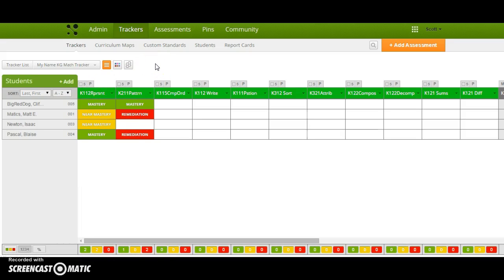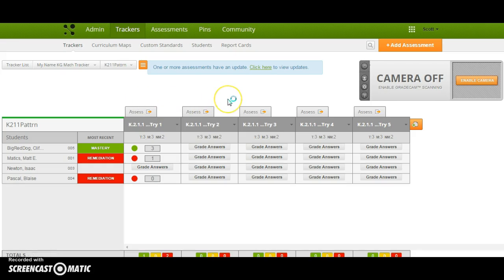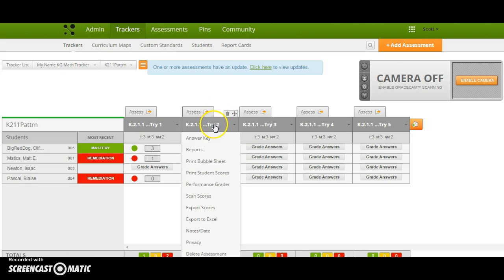And you can see that we have to do some reassessment and reteaching here with patterns. So let's pretend I've done that, and it's time to assess patterns again. So I'll just hover over pattern, go to assess. This time I'll go to try 2, and I'll make note that for try 2, I don't have to reassess Clifford again. I have to reassess Matt and Isaac and Blaise. So I hover and go to performance grader,